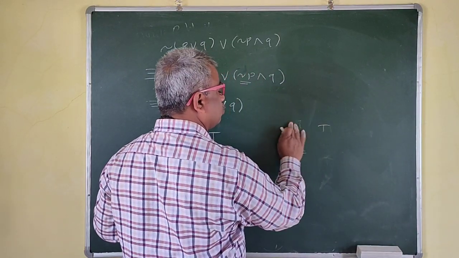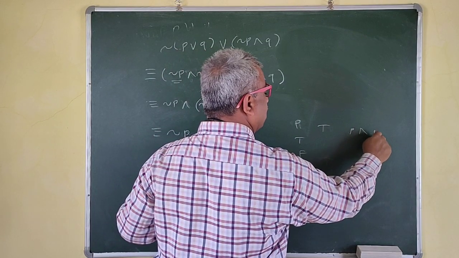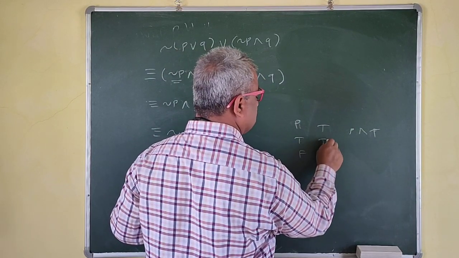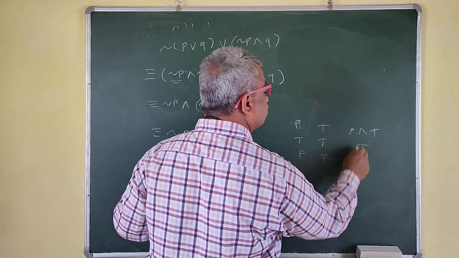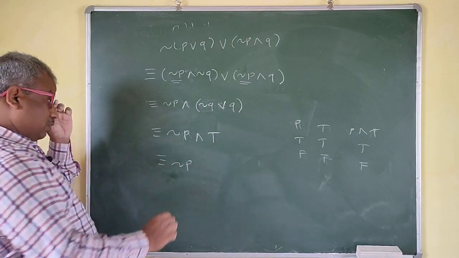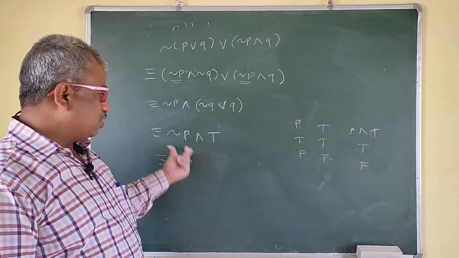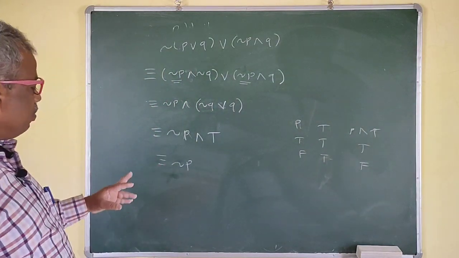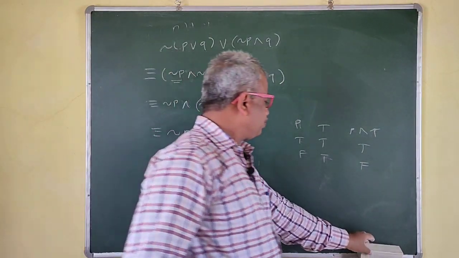Tautology now. Suppose this is P. So this is P and tautology. So this is T and F is F. So that means this is P. Right? This is logically equivalent to negation P. Here we have taken P, but here your P is negation P. So this is negation P. Now what we want? Yes, we want this one. Right? So we are through.